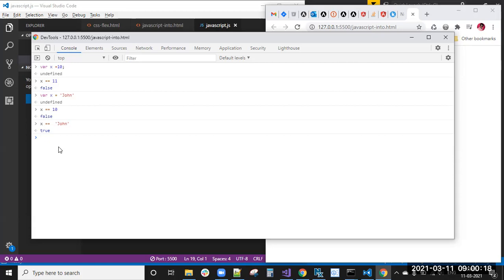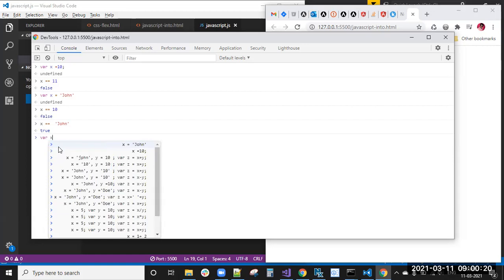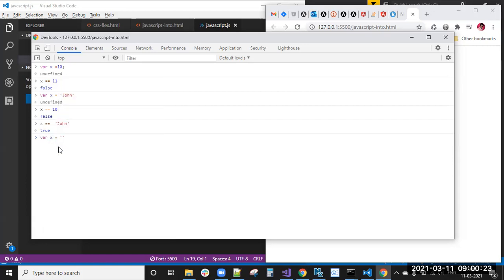Here we have one disadvantage. What is that? Where x equal to string 10, now I'm checking with the number 10. You will get true only. By using double equal, this 10 is considered as a number, and it gives the same output as number 10 also. True only you will get.